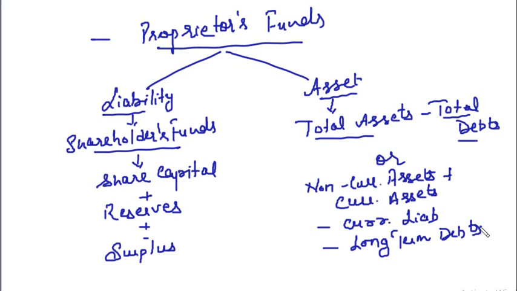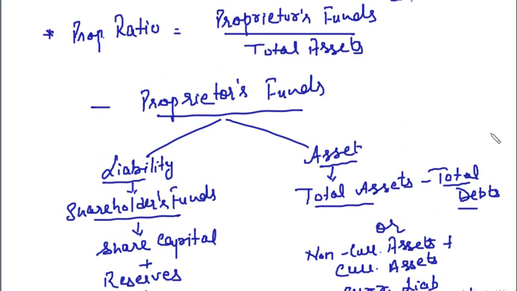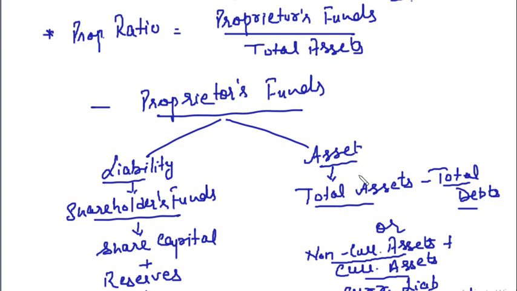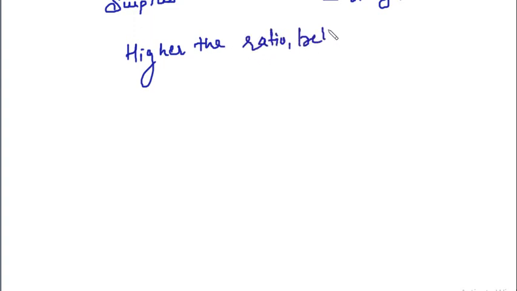So in the proprietary ratio, the two financial factors are the proprietors' funds and the total assets. Proprietors' funds, I have told you how to calculate. Total assets, very simple: non-current assets plus current assets. Clear? So if we talk about this proprietary ratio, I can say higher the ratio, better it is,